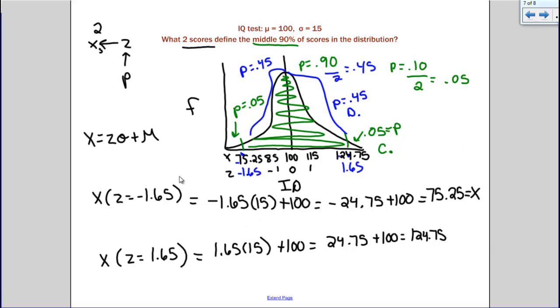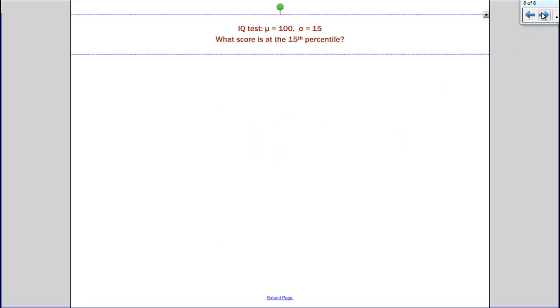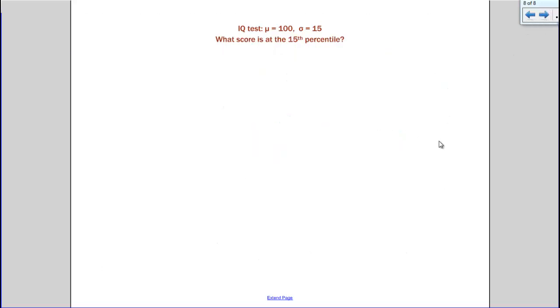All right, so now let's do our last example. What score is at the 15th percentile? So remember the picture I drew about percentiles. The lower percentiles are to the left, the higher percentiles are to the right. And the 15th percentile is basically saying what score separates the bottom 15% from the top 85%. So if we drew this out,